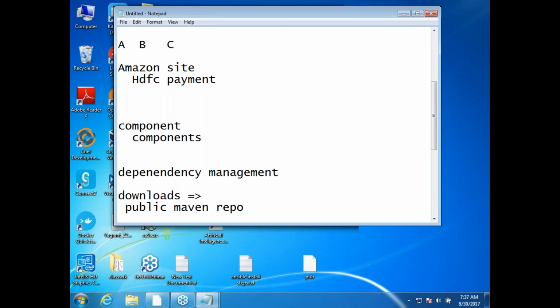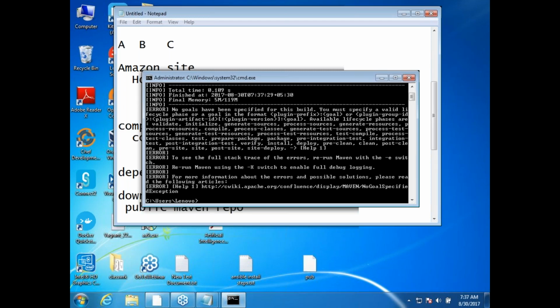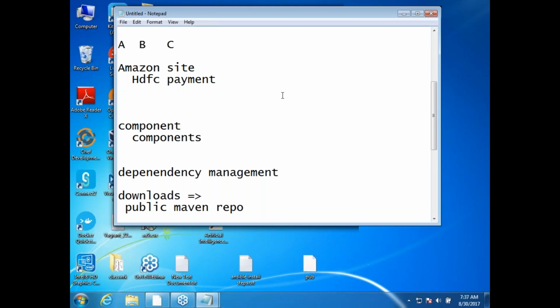Are we good? Yeah. For this, Maven has to support multiple things, right? So let us see what Maven does, and then install Maven and execute some application and see what happens. Okay. So let me just check. Yeah, I have Maven in this application, but I would be doing it on one of the Linux machines also.